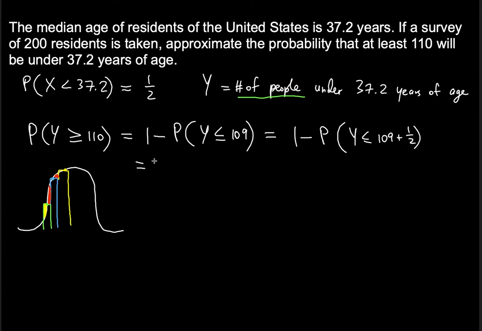So we're talking about 1 minus the probability of, and by the way, you should correct this. Also make sure that this is erased and it's going to be less than only. The reason why it's less than is because you added 1/2. So 109 was the maximum. If you add 1/2, you're not going to be equaling that. It's going to be less than that now, right? So as a result, this is equal to